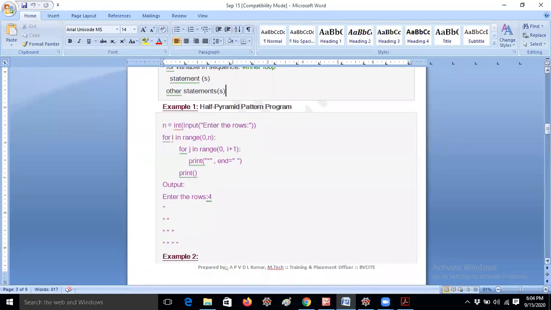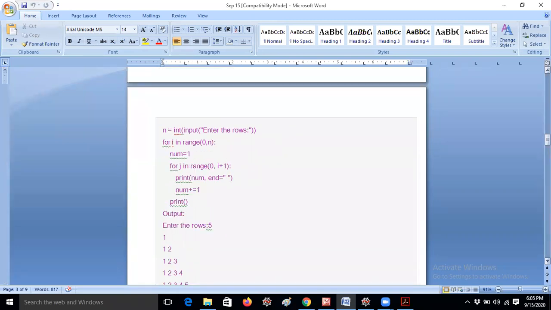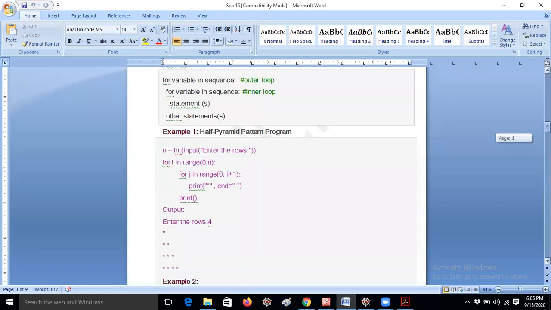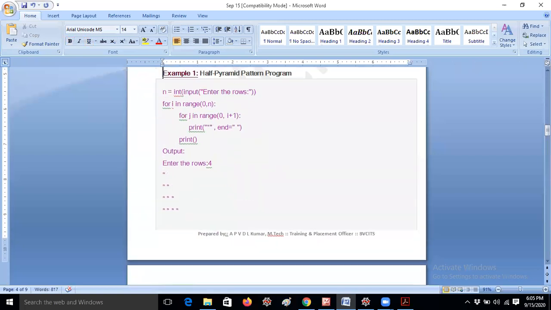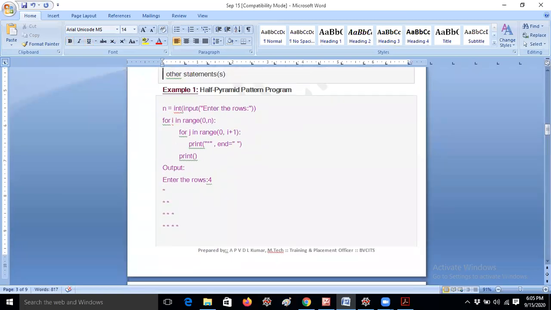So let me explain very important programs, especially from an interview point of view. Many students have doubts about questions like print a pattern program, print a half pyramid program. You will get so many questions like this. I think it may be confusing, because in C language we get very good clarity on these questions, but here we may get some confusion. I am telling you in the beginning, so please listen very carefully, guys. I will tell you with clarity, and if you understand it well, you will definitely get the clarity.